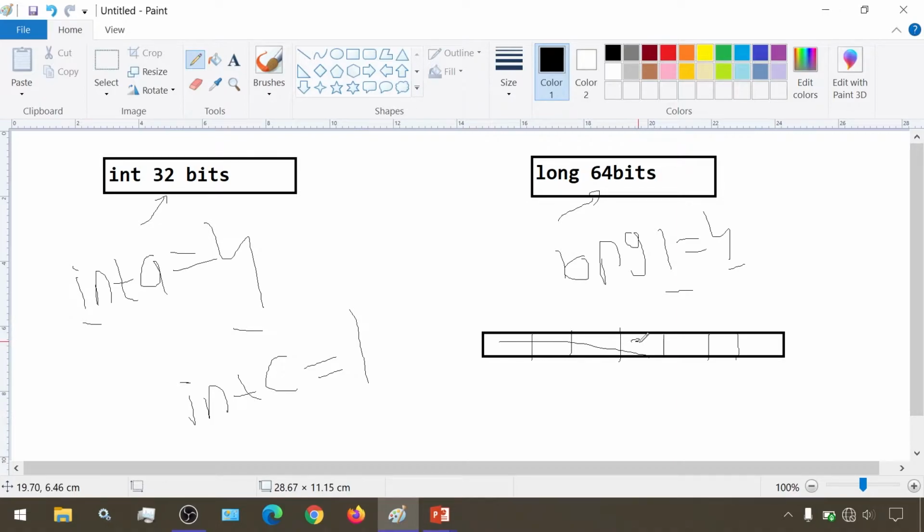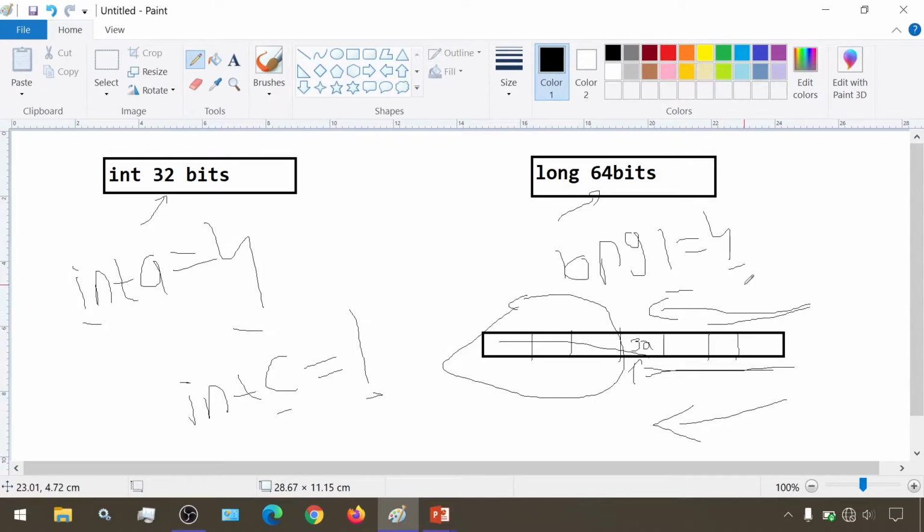So suppose this is the 32-bit, the 32nd bit is this one. Then when we assign this int variable the value of this long variable, these 32 bits, from the trailing 32 bits, or from right to left, or we can say from backwards or behind or trailing. So from this direction, right to left, the 32 bits will be taken and assigned to this int variable, and whatever remaining 32 bits are there here will be lost.